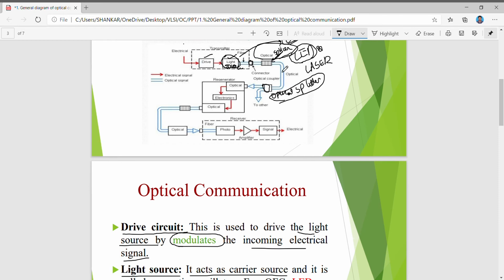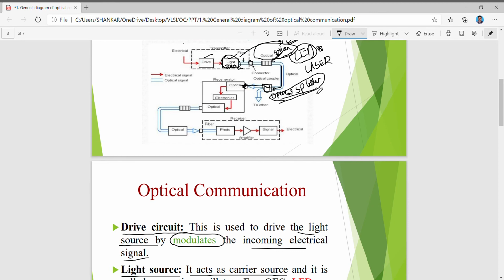See here, the incoming light signal through the cable is now applied to the optical coupler. This block is called the optical coupler and optical splitter. The optical coupler is used to couple the light signal to the optical regenerator, and the optical splitter